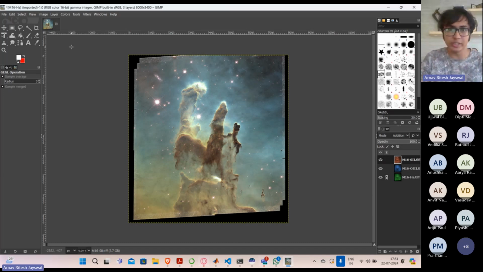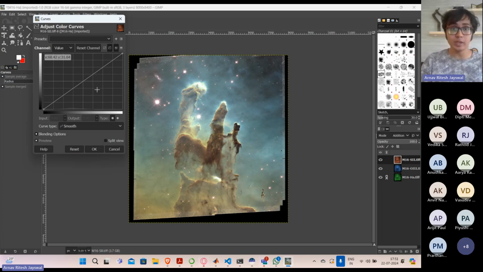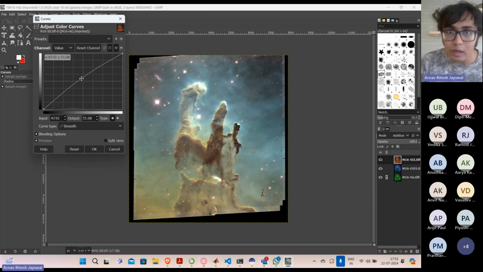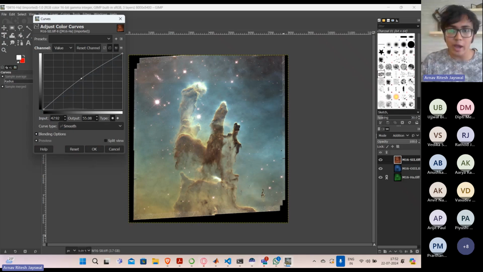Let's go to the first screen. Let's go to colors and let's go to curves. So you can see the histogram of this image and you can adjust the brightness of this. Say I want to just increase the brightness of the red color a little bit so that the image will have a little more shade of red, because I think there's a little red lacking. If you compare it with this, there is a little red lacking, at least right here. So if you have a reference,